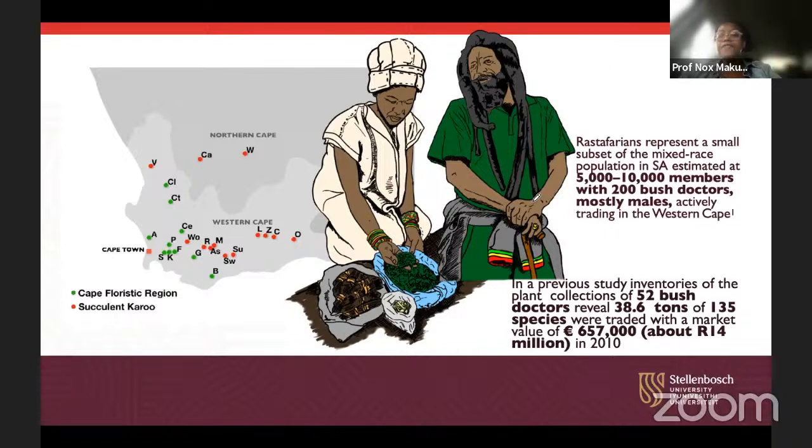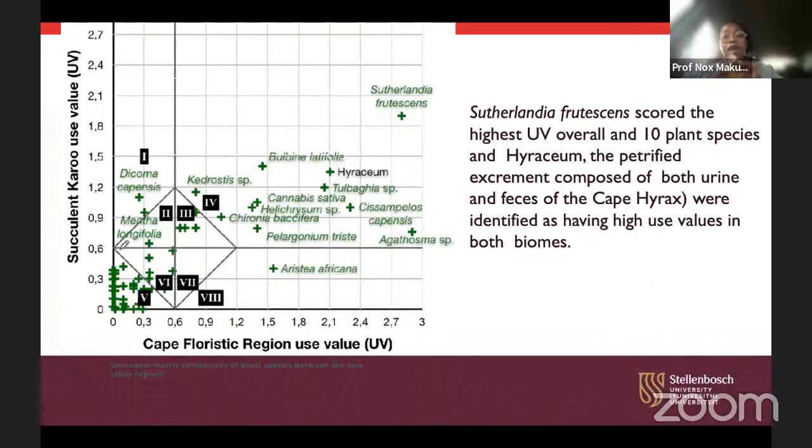In the Cape, there are mainly the Rastafarian bush doctors that are practicing in trading plants, and they are found in the Cape Floristic region as well as in the succulent Karoo, and sometimes into the Namaqualand. And which plants do they exploit for health? If we look at the plants that are very important to them for healing a set of ailments that they